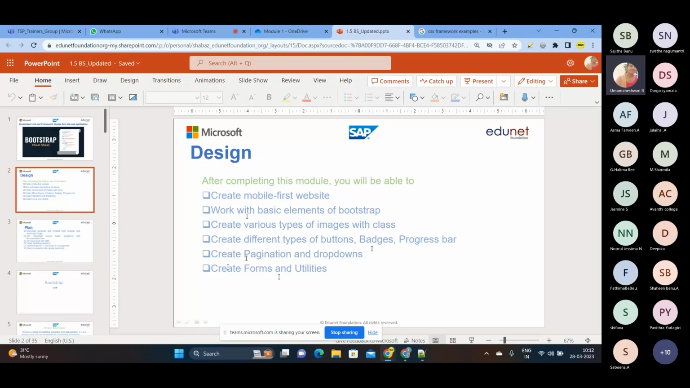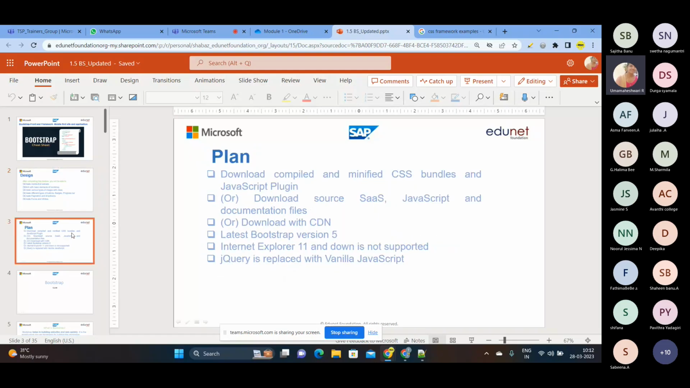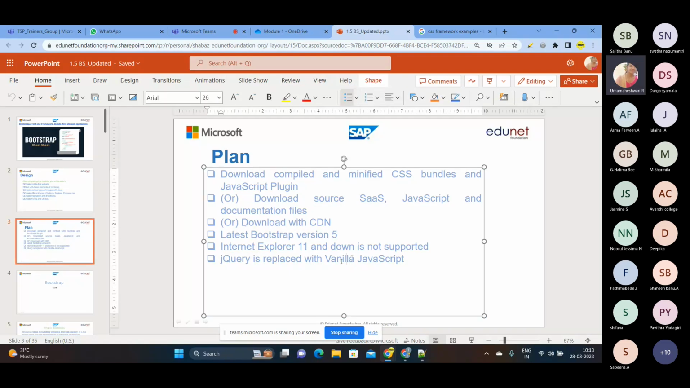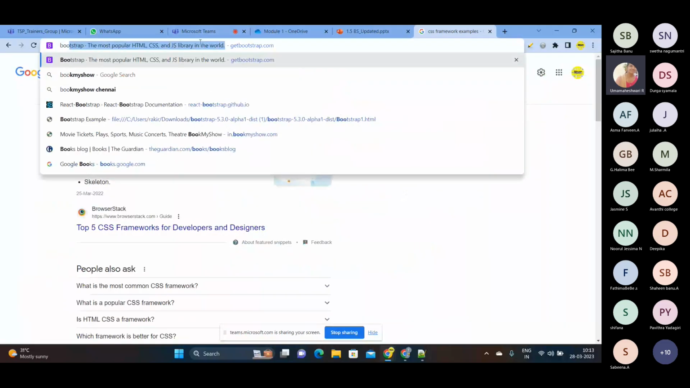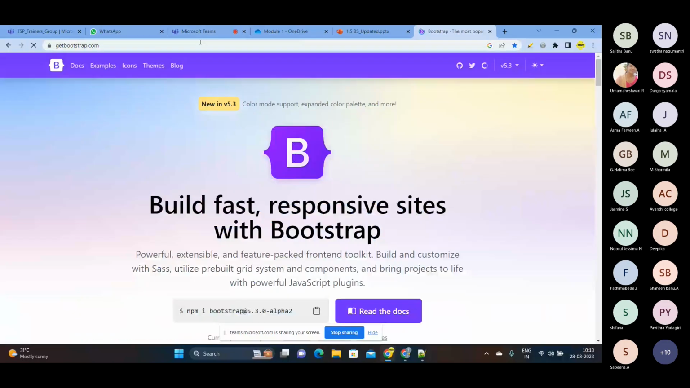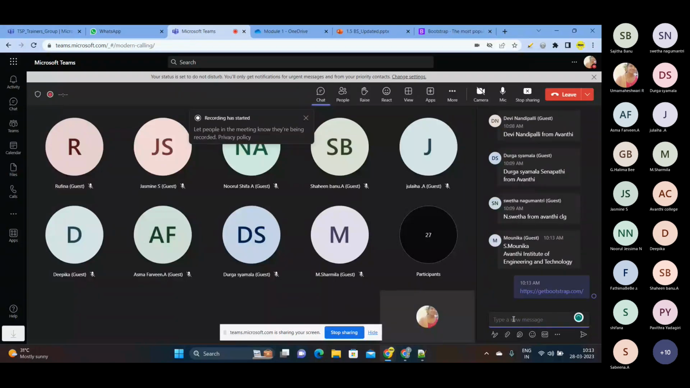Okay. And what is the plan? So how are we going to work with this? Actually, the plan is you need to download some particular packages, that is plugins, from the official website. Then only you'll be able to work with it. Okay, and so these are the different things. I'll tell you what it is. See here, first we need to go to the official website. So see here, this is the official Bootstrap website. You can also check it. I'll be sharing this in a